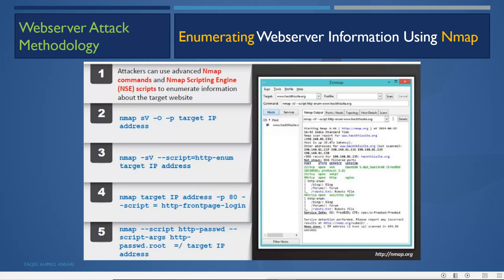It can use http-password script arguments like http-password root or the target IP address. So it can use this Nmap command to enumerate the web server information. The aim is to get detailed information about the web servers.